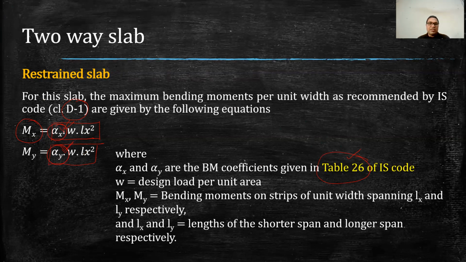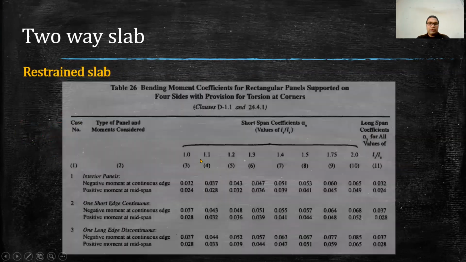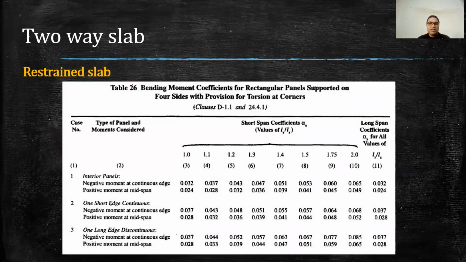So based on that condition, the value of alpha x will be determined. Now I will show you the table. So this is Table 26 of the IS code. If you refer to the IS code, you will see the table. And in this case, the value of alpha x will be determined by